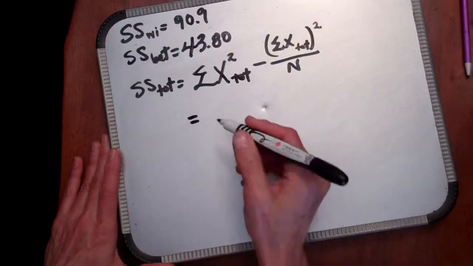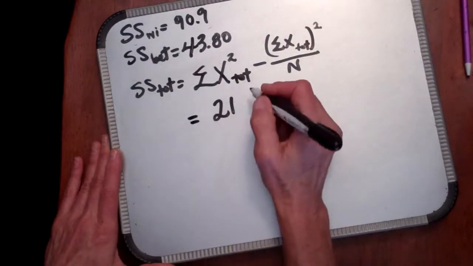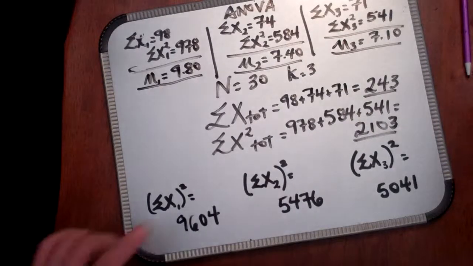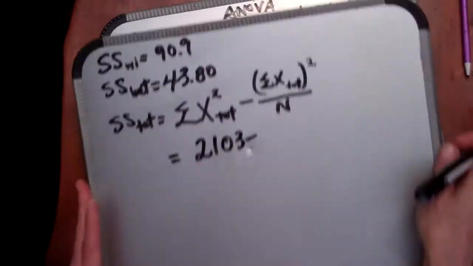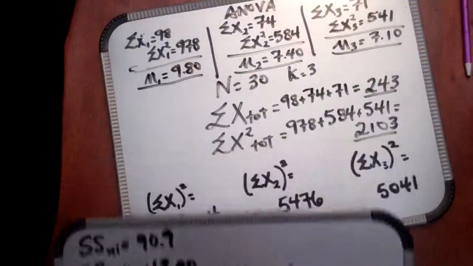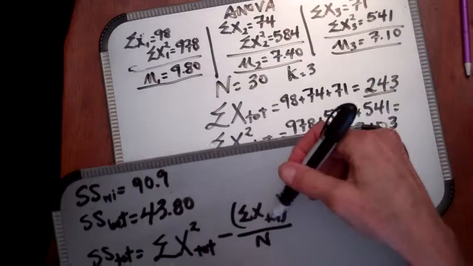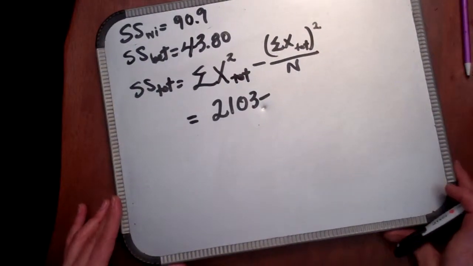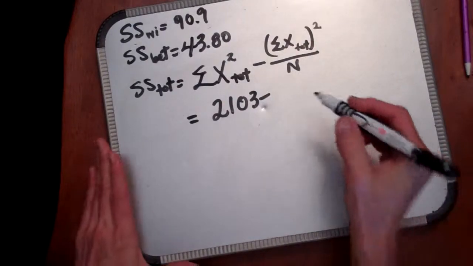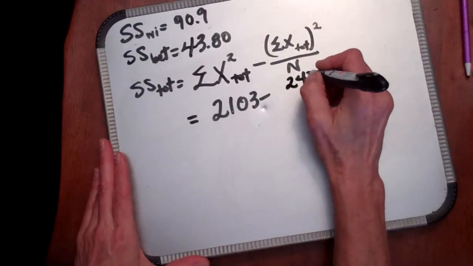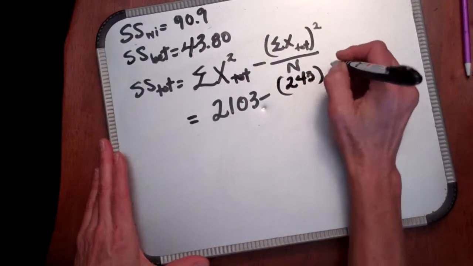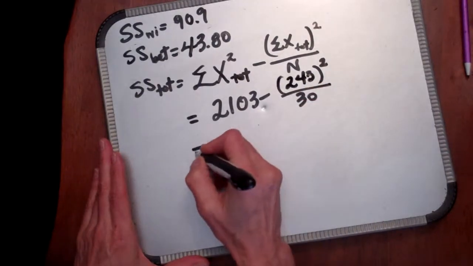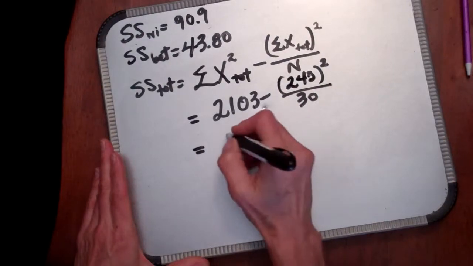So this one, we have 2,103, as you can look at on your paper, or you can just get from right here, right? Minus the sum of the x's total, 243 squared, divided by 30, right? And so that ends up being